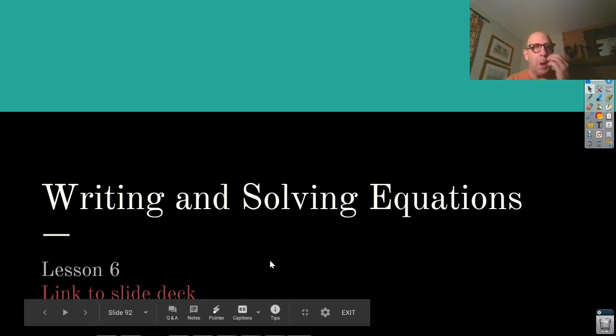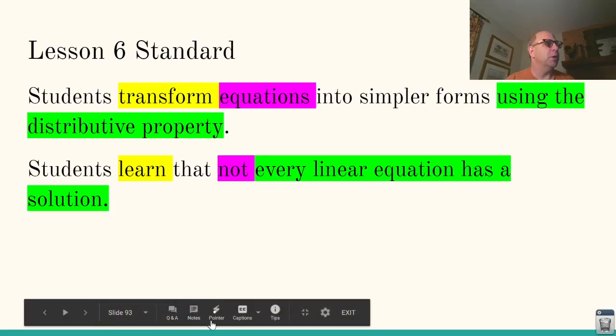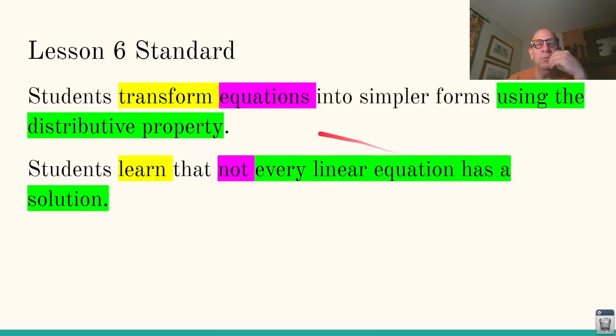Lesson 6, writing and solving equations. So we're going to transform equations into simpler forms using the distributive property. We're going to learn that not every linear equation has a solution. So there's two standard types of equations we should have learned in 7th grade, and I know we didn't get to it too much, but those two types of equations are, if I can find my pen,